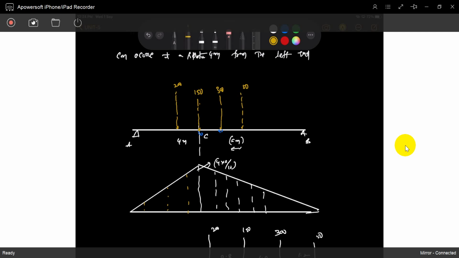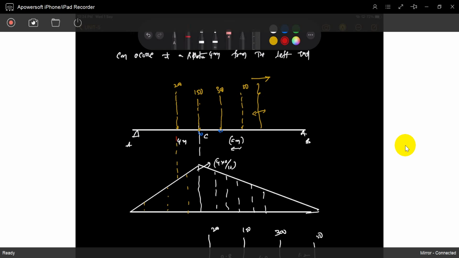Okay, this is the situation. This is how we have to arrange like this. When we will get maximum bending moment due to that load, it is forwarding like this. So, got the idea? How can we put the rolling loads to get the maximum bending moment on that particular section? Okay, so now it's simple.